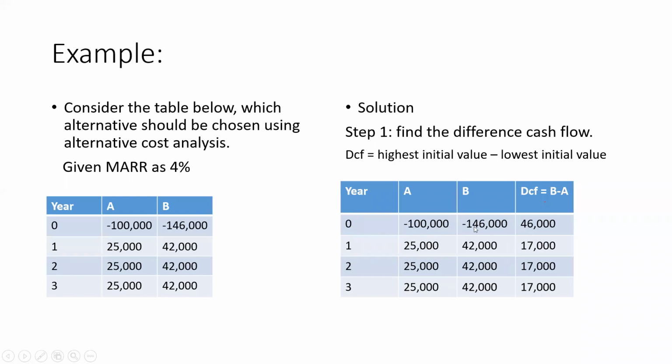Like I said earlier, the negative sign you are seeing there has nothing to do with the money. It's just showing that you are giving it out. The next row is 25 and 42. According to the difference cash flow, you subtract the lowest from the highest, so that will be 42 minus 25, which is 17,000, and that goes on to year 3. So after getting the difference cash flow,